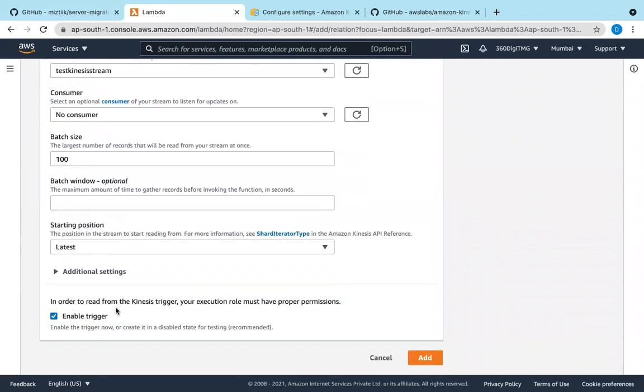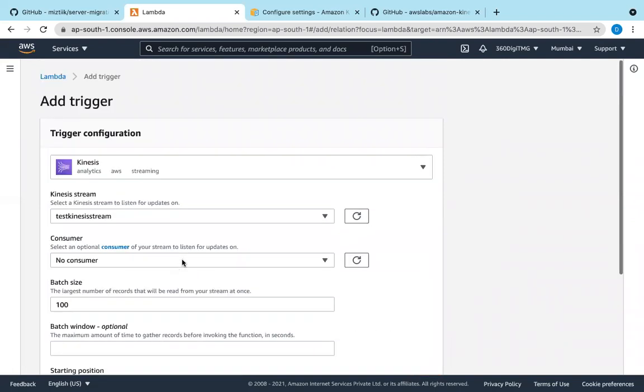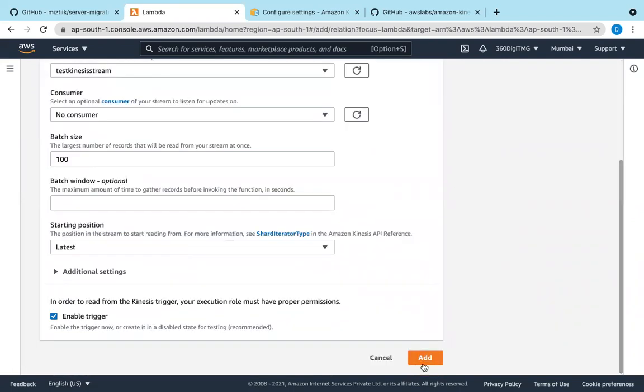Enable trigger. In order to read from the Kinesis trigger, your execution role must have proper permissions. Yes, we have attached the role with full Kinesis access. So let us add.